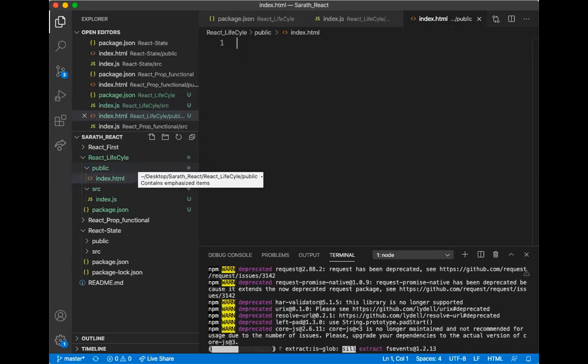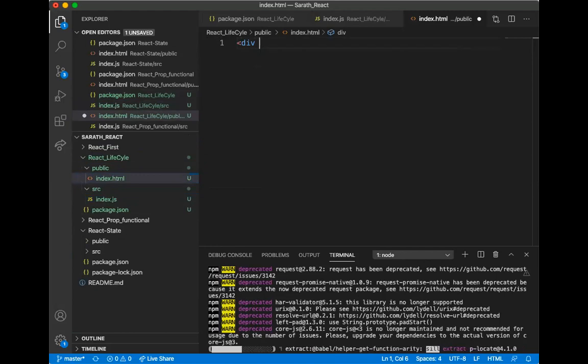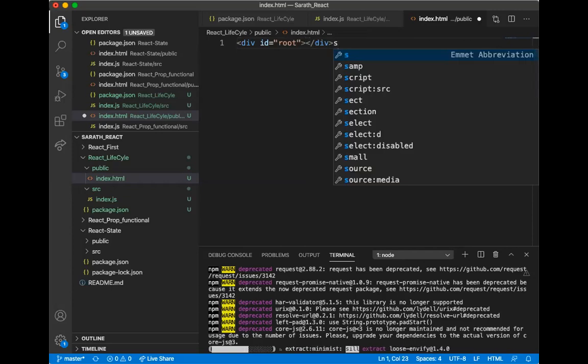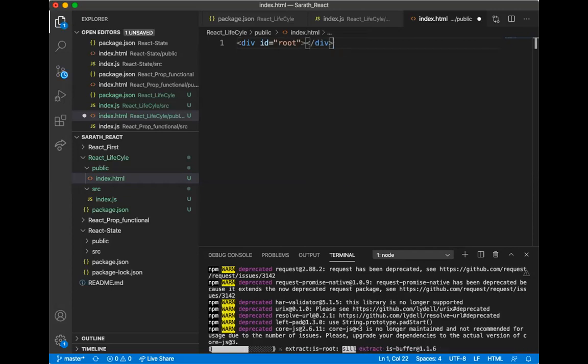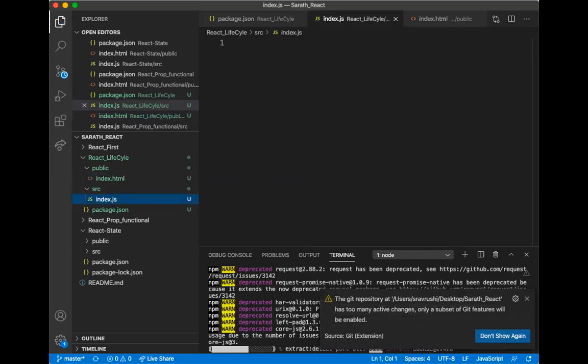Now in this index.html I am going to give a div with id equal to root, close it, and save this one. And coming to index.js, here I am going to have